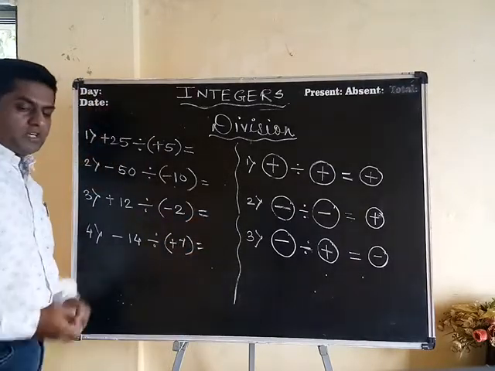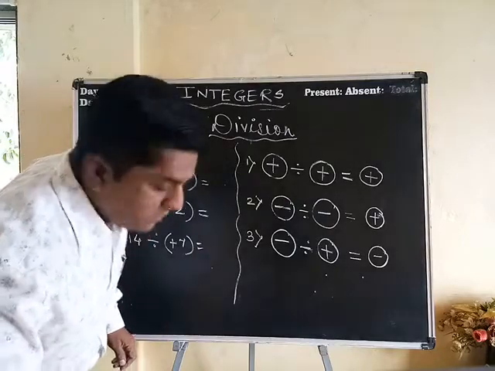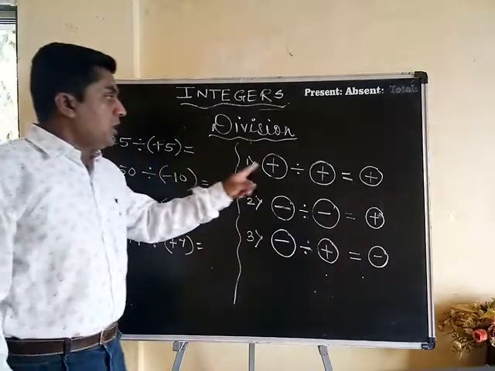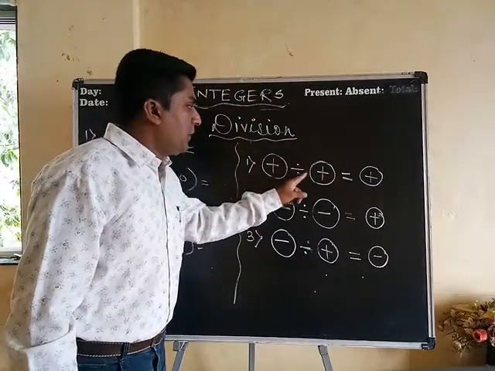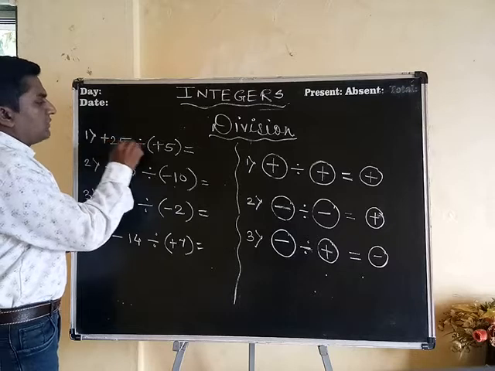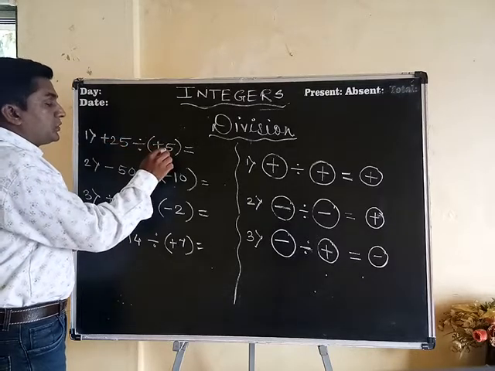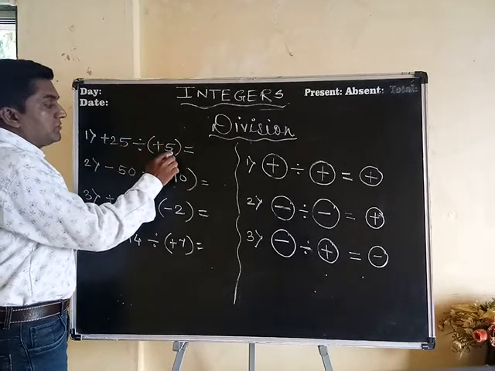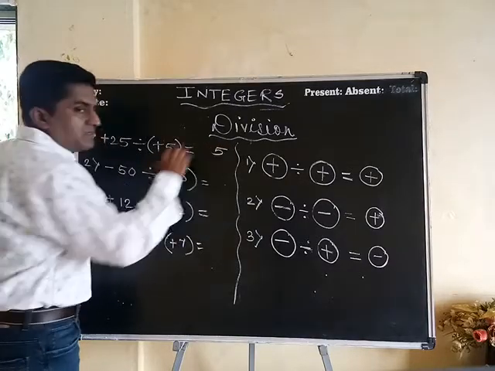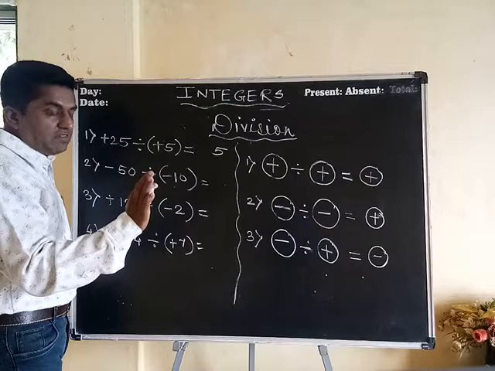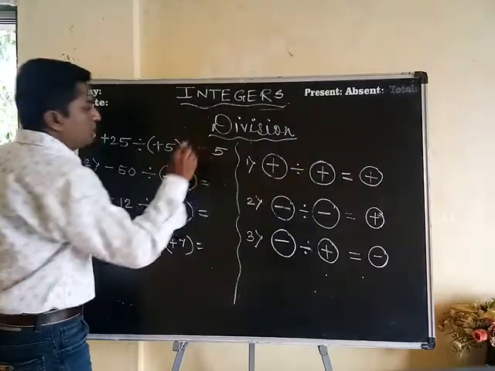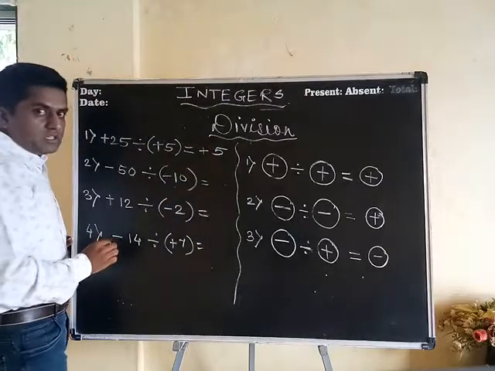Let us start solving it. Very easy, no need to panic. Whatever I have told you, stick to the formula and solve it. First sum, positive number divided by positive number, answer must be positive. Let us start. Here the numbers are 25 and 5. We know 25 comes in the table of 5. 5, how much are 25? 5. 5 fives are 25. My answer I have written. Now positive divided by positive, as per this rule, answer must be positive. My answer came here, positive.